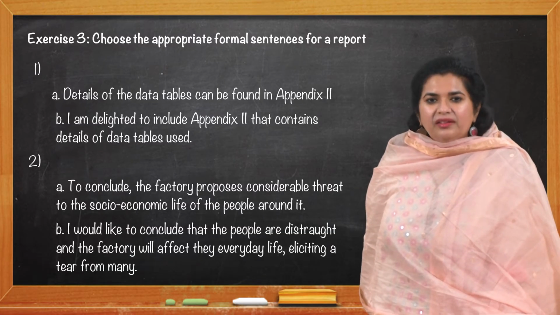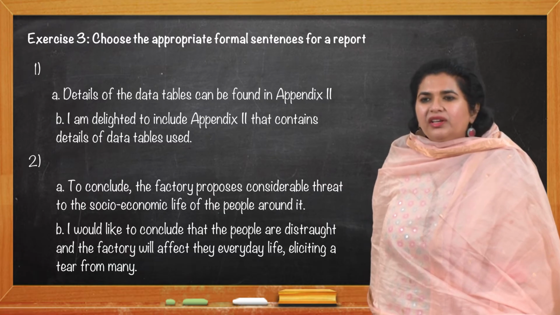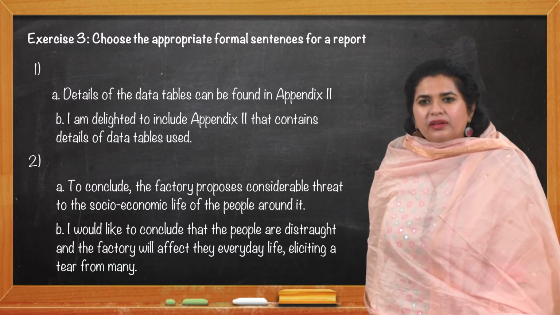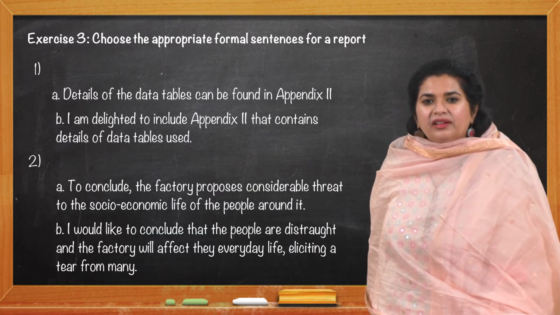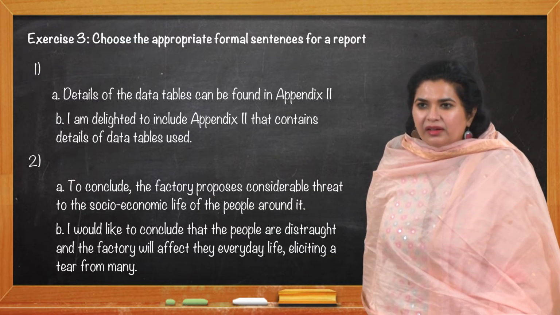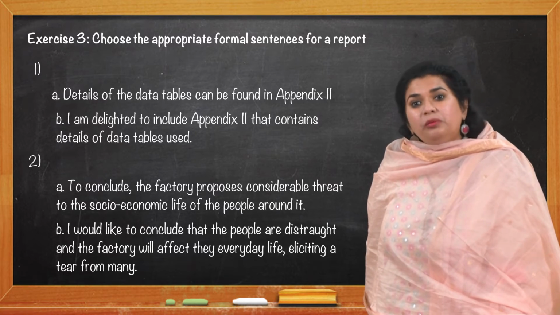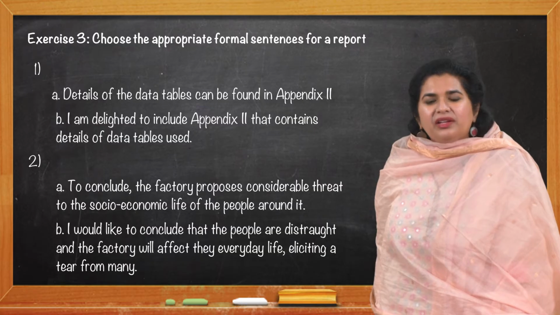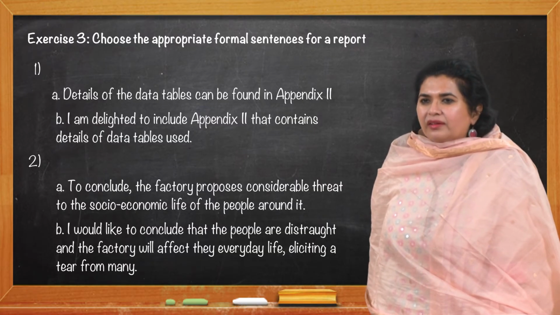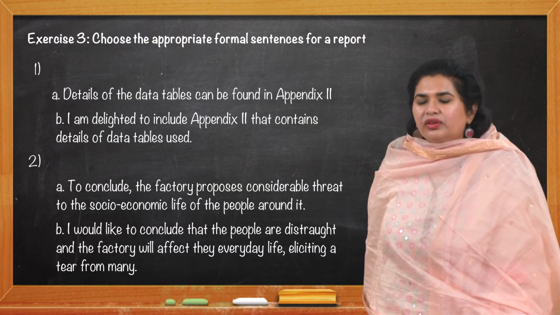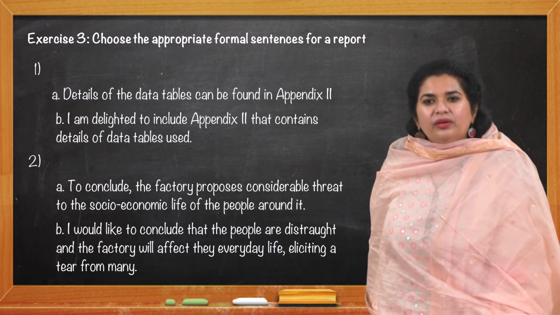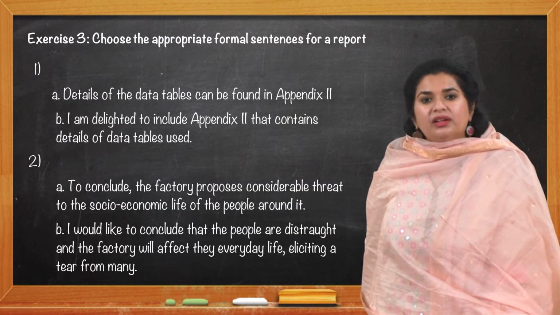In the first sentence, choice A is objective and formal. Details of the data can be found, and also note the usage of the passive sentence. So, passive structure, can be found. I am delighted. Now, this is not a letter. Okay, so tone is the problem here. I am delighted to include. Why should you be delighted to include anything? We are not looking at personal emotions. So, the best answer is